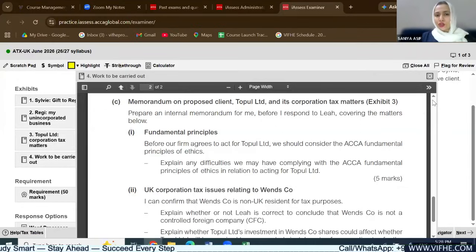And in this case, it is Topal Limited, and we need to prepare an internal memorandum for me before I respond to Lee covering the matters below. So the first thing is about the fundamental principles. Before our team agrees to act for Topal Limited, we should consider the ACCA fundamental principles of ethics, and we need to explain any difficulties which we may have complying with ACCA fundamental principles of ethics in relation to acting